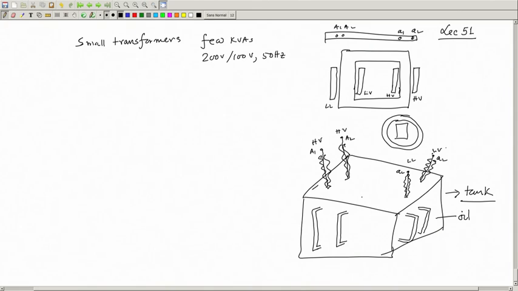Now, the question is, for a low kVA transformer I do not require any oil to cool the transformer, but for a high rating I need a transformer which should be immersed in oil. Oil will serve two purposes: insulation from the tank, which is a steel tank.